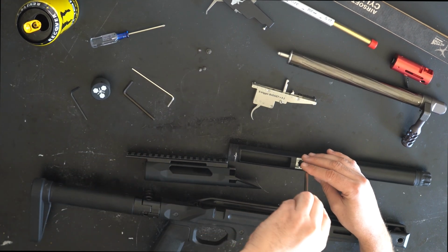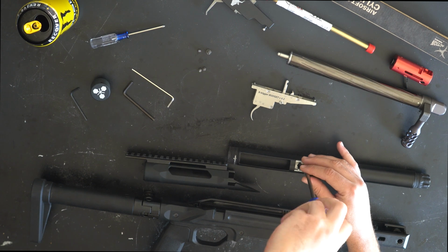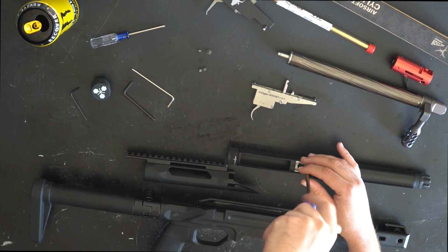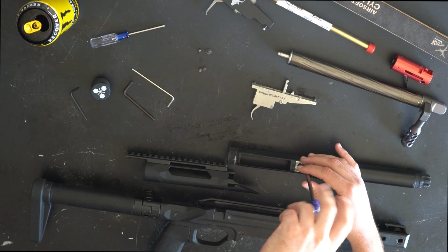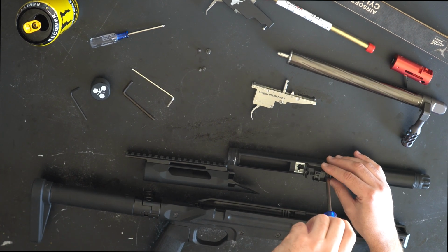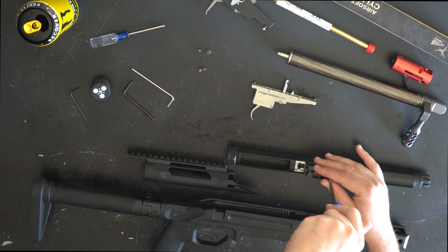Not yet for that smaller Phillips. Let's take these screws out of the hop block. Same two screws as it normally would be with the VSR 10. It's just a different version of the hop block. It's a little bit stubbier and smaller, so it can fit in the VSR1 chassis. But